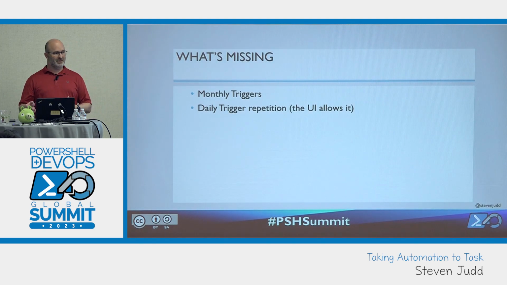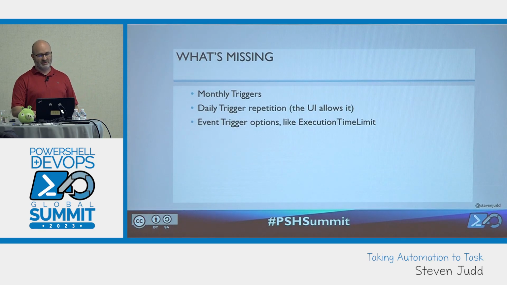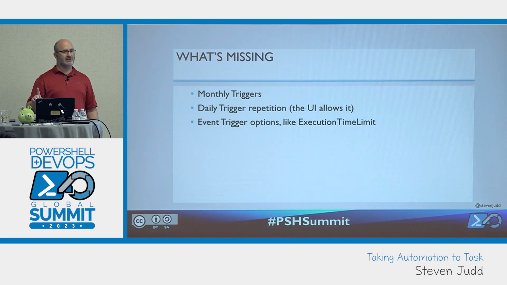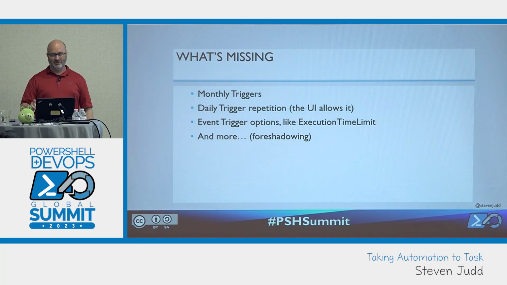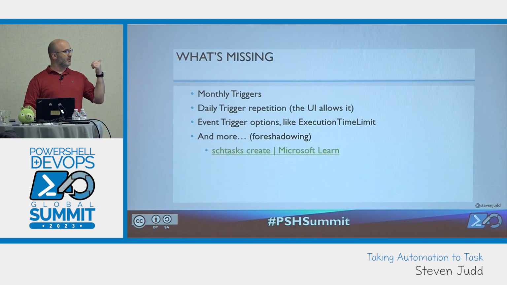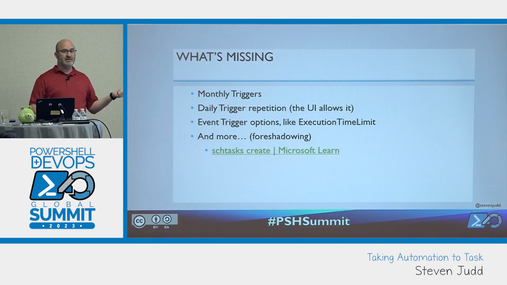So a lot of people create daily tasks and they say, I want you to run every day. I want you to start at 8 o'clock in the morning and I want you to run every hour until 8 o'clock at night because that covers our business window. Yeah, you can't do that through here. Event trigger options like execution time limit. Wait, I saw execution time limit. What are you talking about? Yeah, execution time limit I showed you was for the entire scheduled task, not for the triggers. Can't do it from here. Thanks. And more. Foreshadowing. If you want to see more about what is actually possible through the command line, because the command line does cover all this stuff